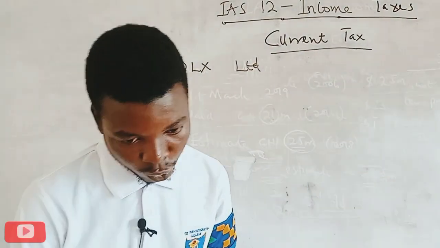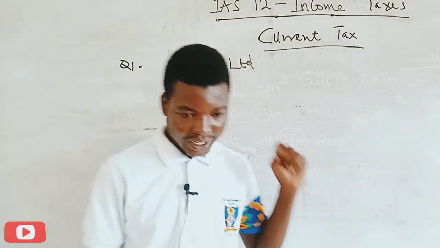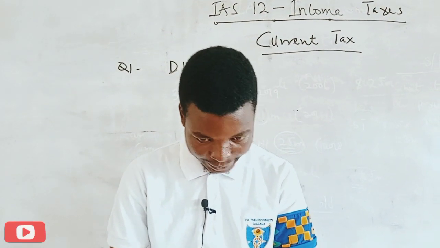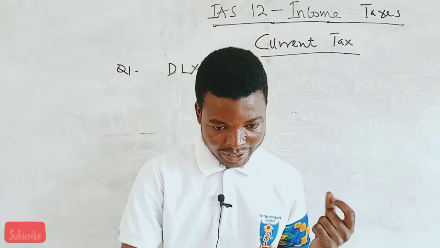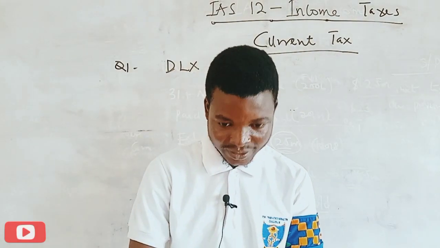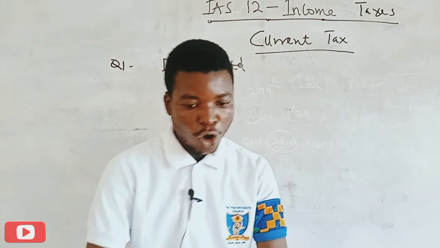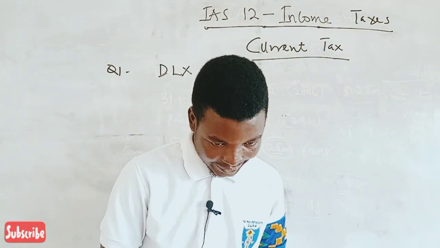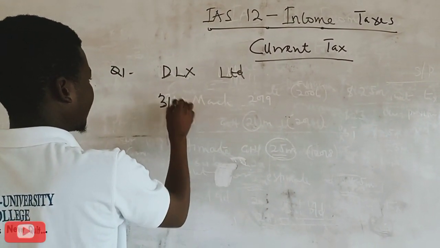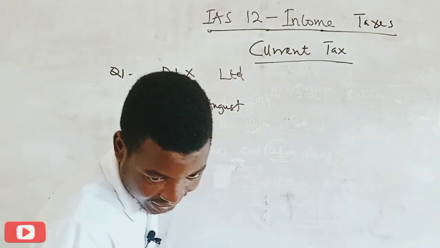Okay, example two. Example two is about DLX Limited. So the question is saying that DLX Limited manufactures and distributes security equipment. DLX prepares financial statements in accordance with International Financial Reporting Standards, which is IFRS, up to 31st August each year. On 31st August 2019,